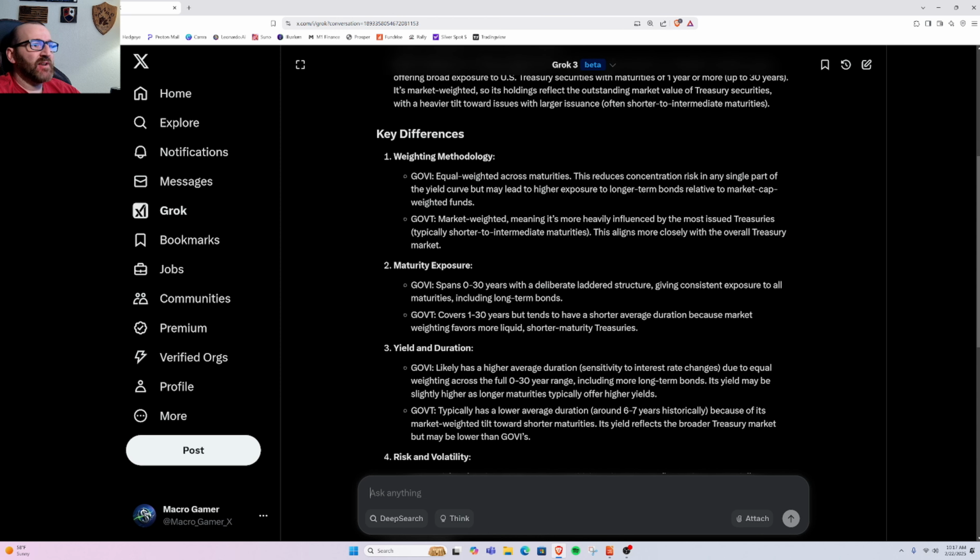So key differences, kind of what we just went over. GOVI equal weighted across maturities. This reduces concentration risk in any single part of the yield curve, but may lead to higher exposure to long-term bond risk relative to market cap weighted funds. GOVT market weighted, meaning it's more heavily influenced by the most issued treasuries, typically shorter to intermediate maturities. This aligns closely with the overall treasury market. So basically,